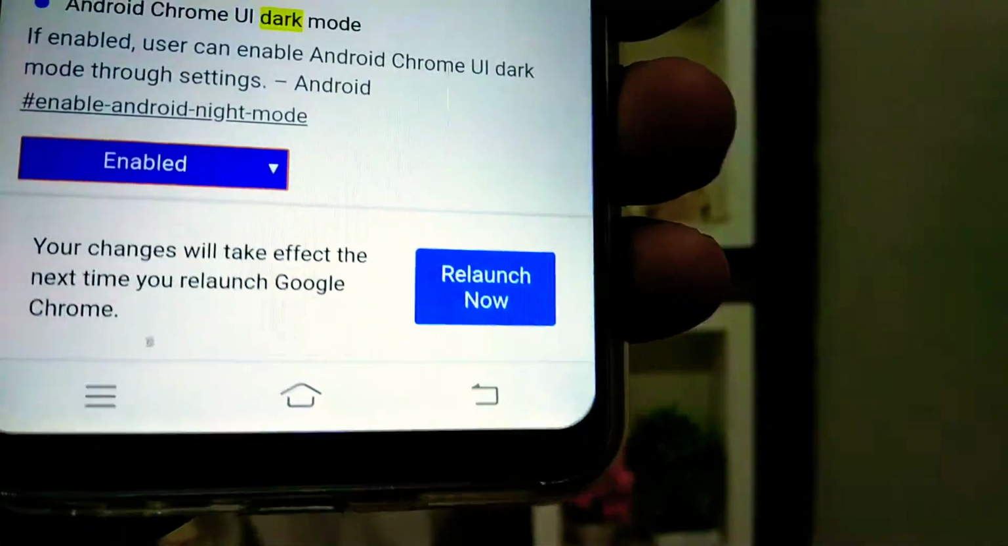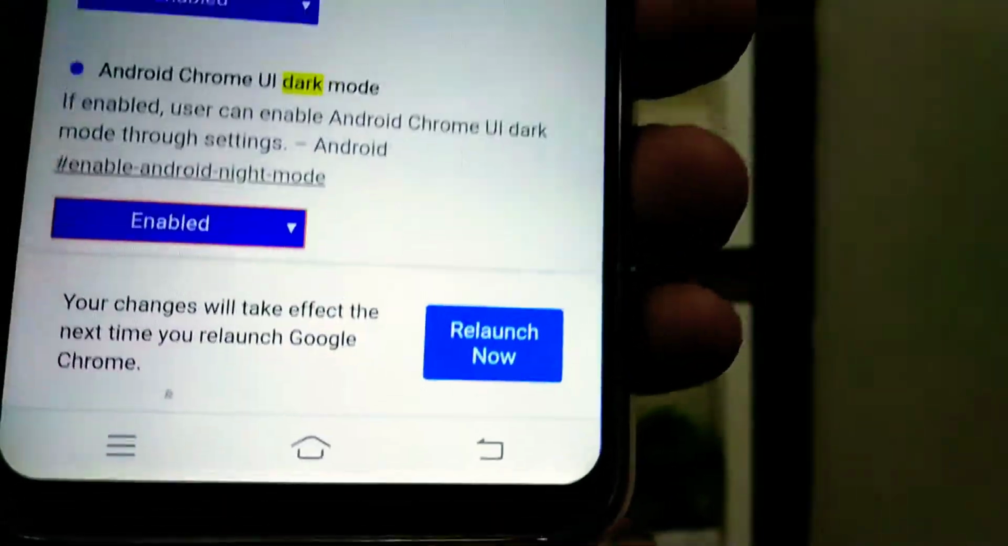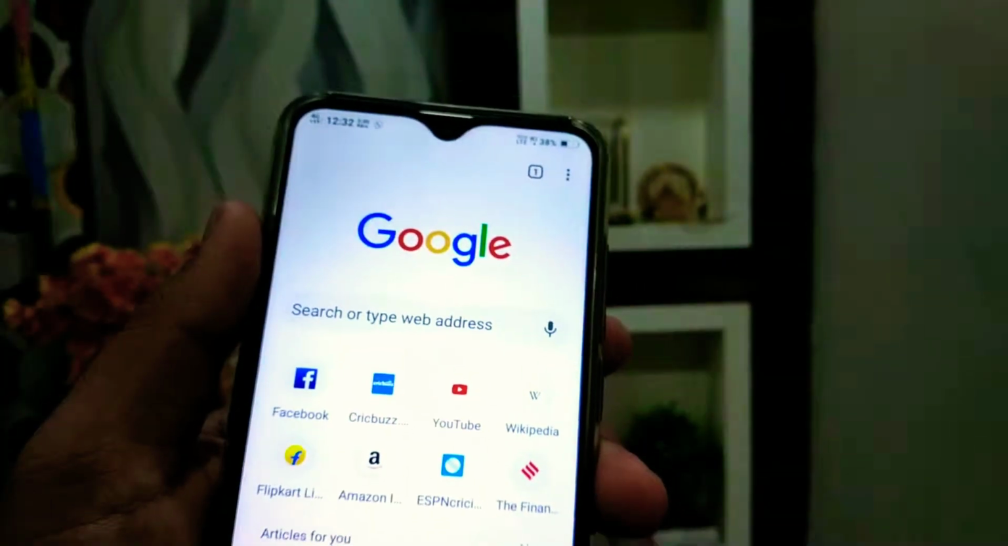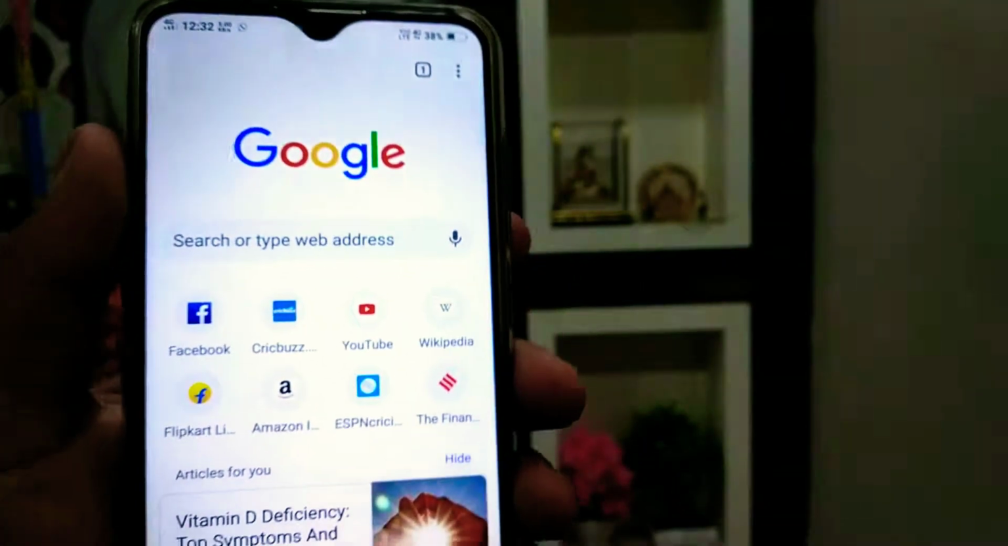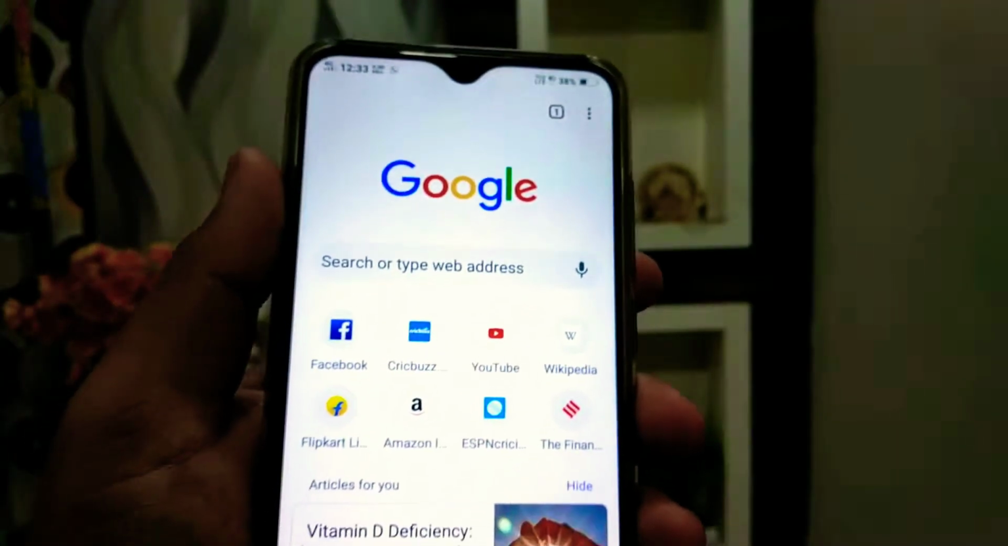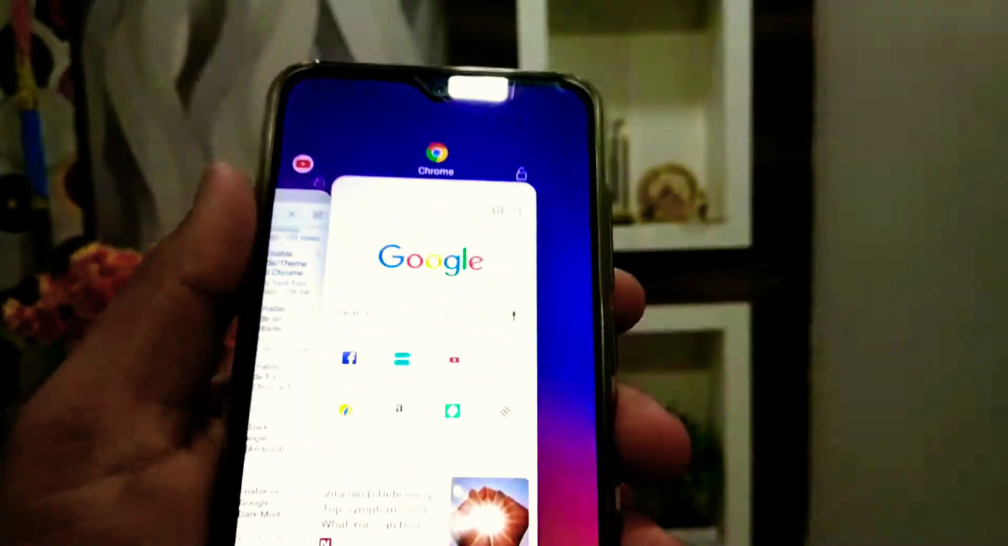After that, you will find one option, Relaunch Now. Just click on Relaunch Now and Chrome will be relaunched, and you will get the dark mode. But if you look here, it is not working on the home interface. So to make it work on the home interface, you have to go back,